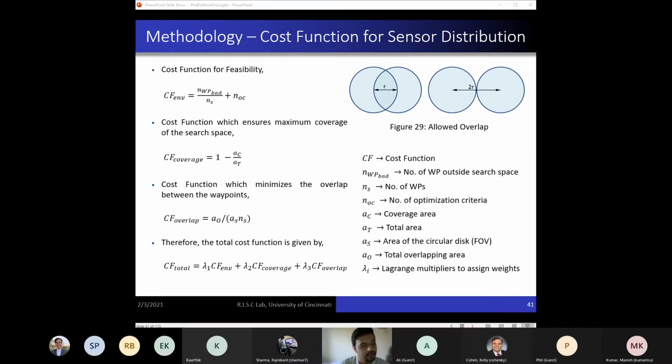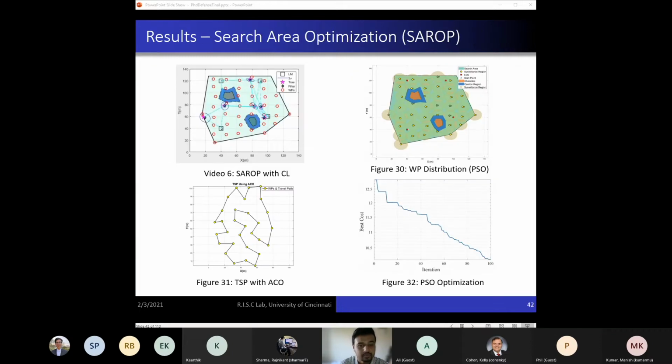Together, these three make the total cost. This structure ensures that no infeasible solution is initially produced. It efficiently rejects any infeasible solution outright, even if it is generated, by pushing the cost of this infeasible solution up. As you can see, the NOC criteria in the CF environment pushes the cost of any infeasible solution to a value greater than the maximum cost for any feasible solution. This way, the infeasible solutions are immediately rejected.